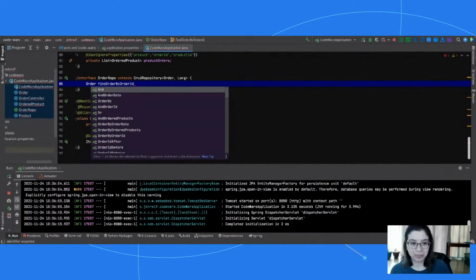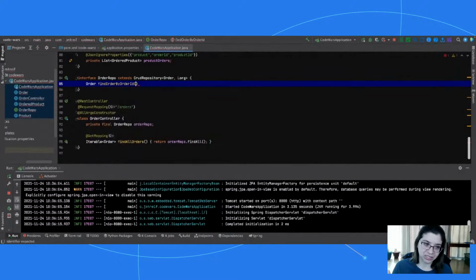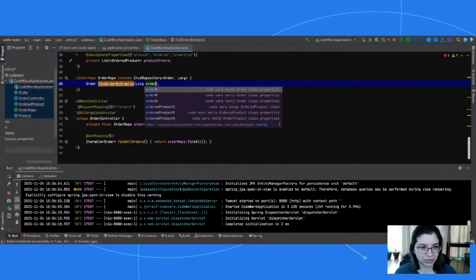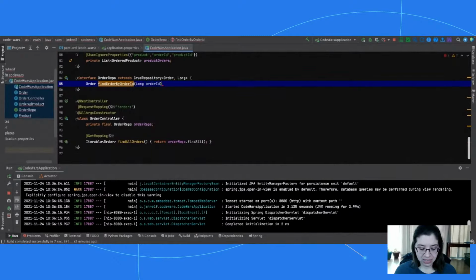Again, Spring kind of helps you along by suggesting, hey, you might want to find this particular thing or this particular object. So it'll suggest some method names to you. And behind the scenes, it kind of builds the query for you, so you don't have to specify every query. However, if something's not quite right, or the method name is getting super long and cumbersome, which they can, then you can absolutely use a custom query, which I'm going to show here in just a second too. So order ID here.